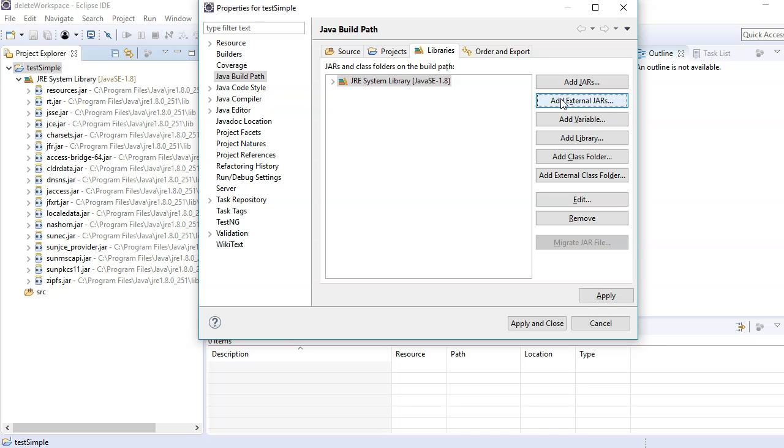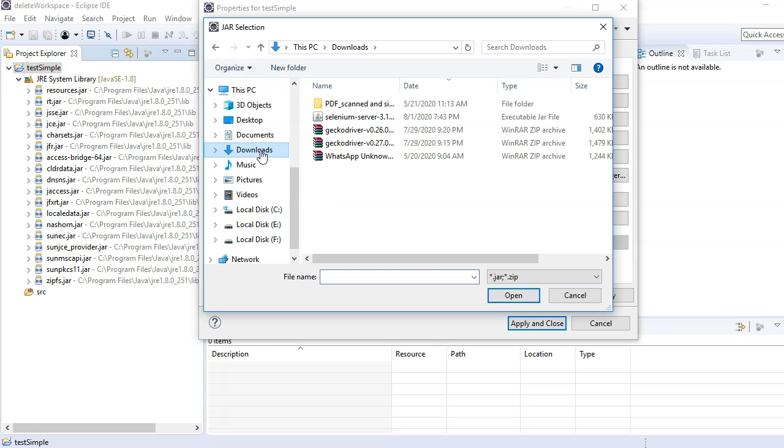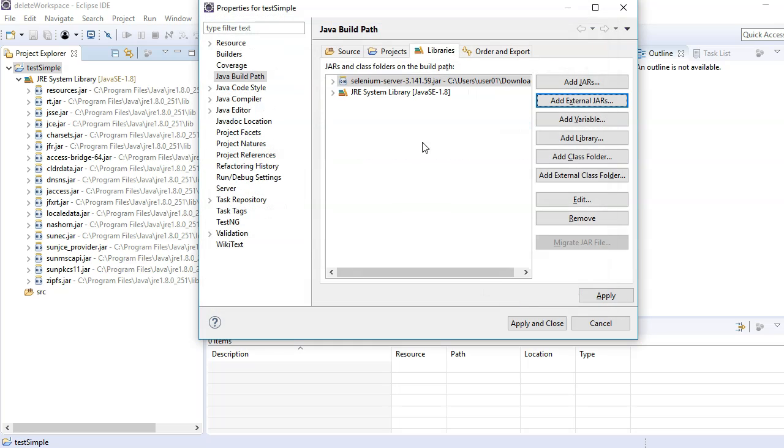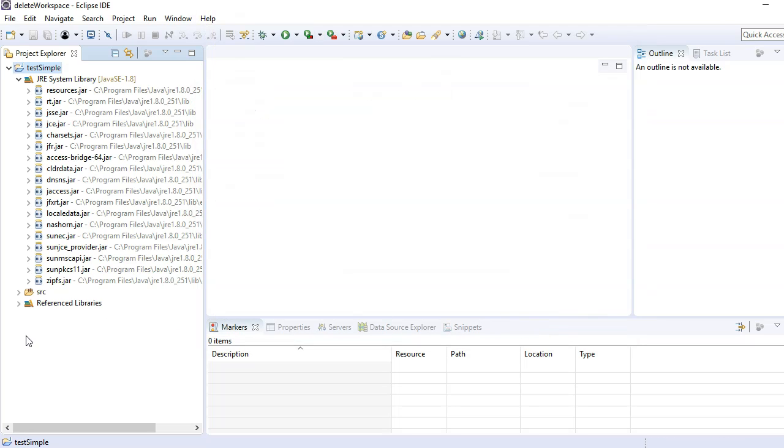I will click on this add external jars from the Java build path, and I will paste the path over here. Let's say I go to downloads, and you see here this jar is downloaded. So just click on it and click on open. Okay, you will see that the jar is available now. Okay, just click on apply and close. You see here under reference libraries the jar is available now.